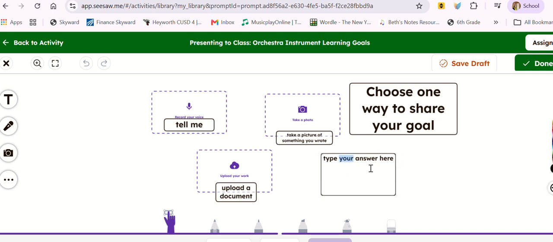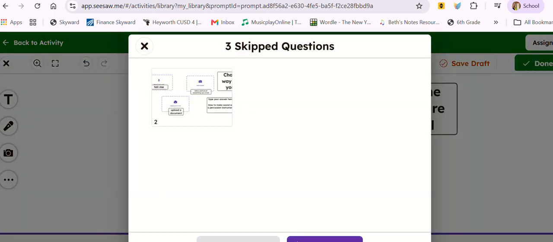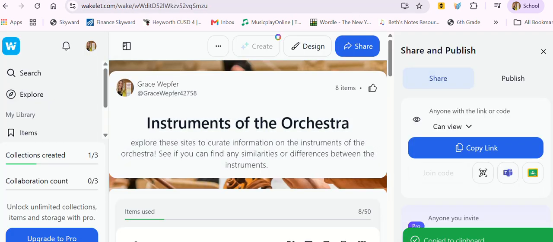So I will give you an example. Here is what I want to learn. Mrs. Wepfer wants to learn how to make sound on a percussion instrument. That's going to be my learning goal. So you're going to hit done and then submit anyway, because you're only doing one of those 4 questions. You're not doing all 4 of them. So you'll submit that. Next, you're going to hit the second link in Google Classroom,